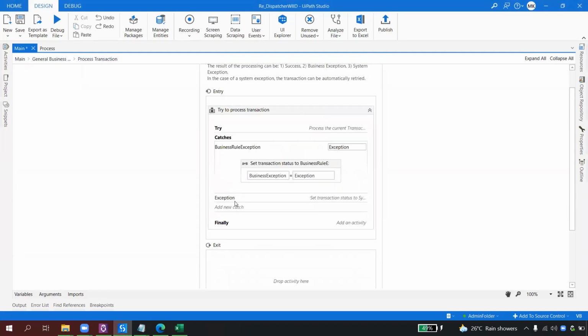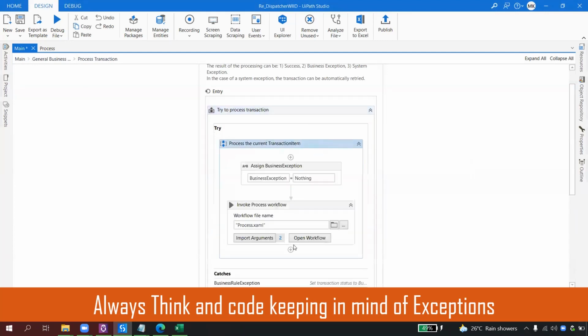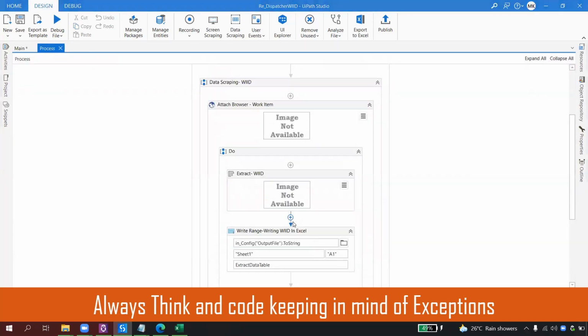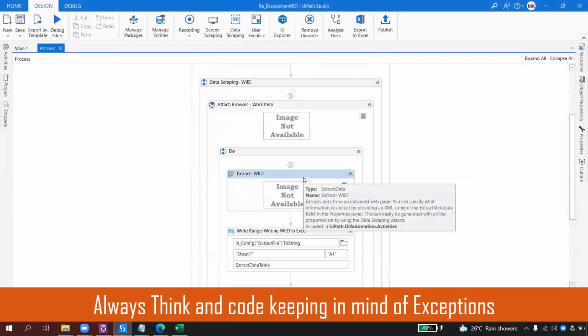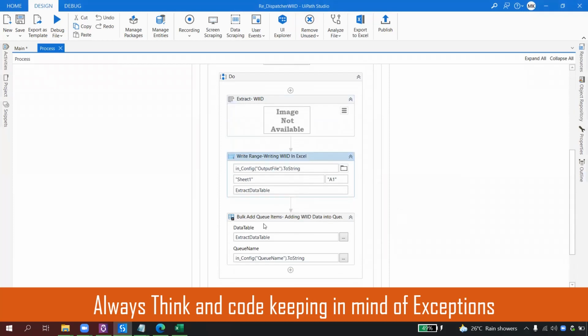It has handled the business exception, it has handled the system exception. Now think about what all might go wrong here. You may get an issue with extraction, with write range, or with bulk queue, right? How would you know by looking at the exception which activity has faulted or what went wrong? Mostly, whenever you are adding something to the orchestrator queues or anything,